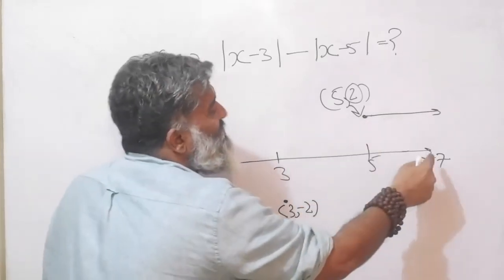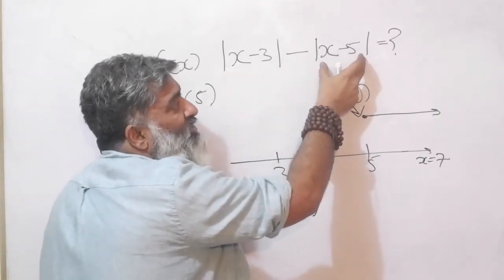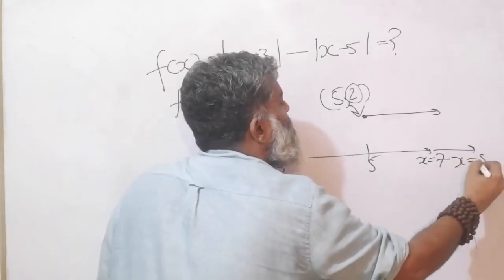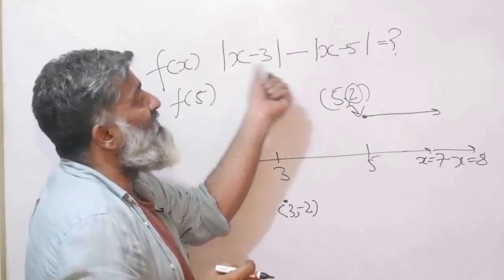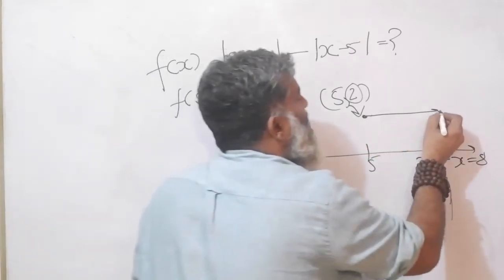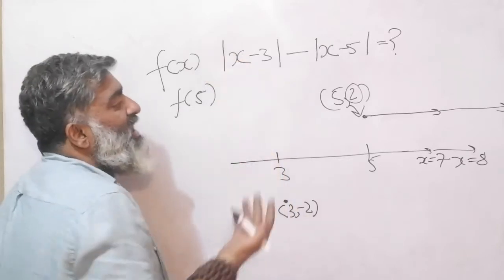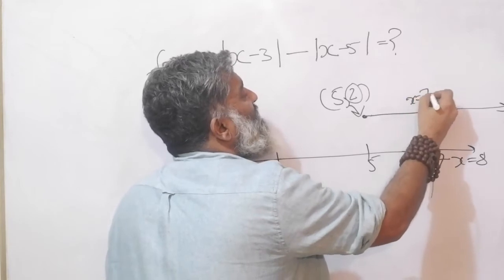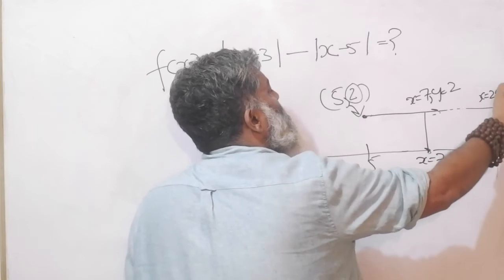So I notice, and you can check it for yourself. 7 minus 3 is going to give you a 4. 7 minus 5 is going to give you a 2. 4 minus 2 will give you a 2. Put x equal to 8, or 9 or 10, and do check for yourself. 10 minus 3 is going to give you a 7. 10 minus 5 is going to give you a 5. 7 minus 5 is going to give you a 2. So no matter how far ahead you go, the value of the function will remain 2, right? So this point, for example, is x equal to 7 and y equal to 2. A later point will be x equal to 20 and y will still be equal to 2.